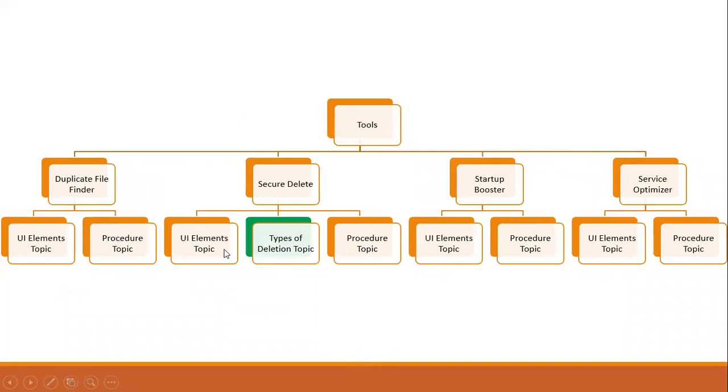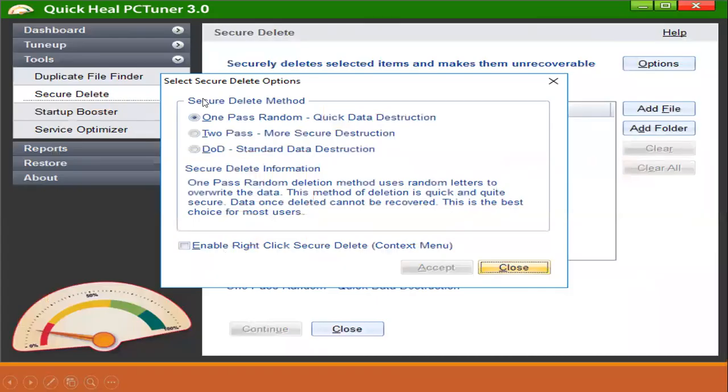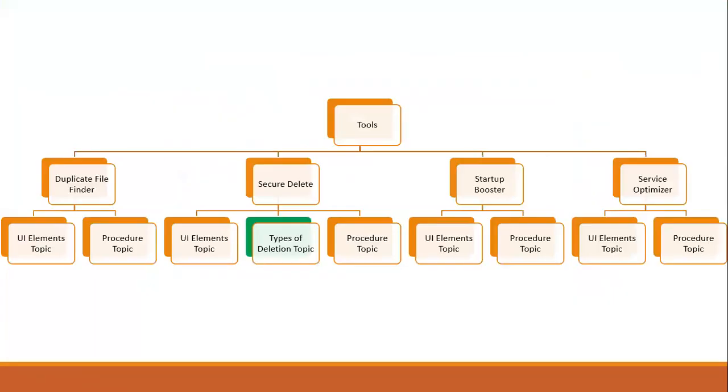If you look at that, this particular feature had an additional sub feature within it called select secure delete options. So if you feel that this is something which needs to be documented separately, you can introduce that within the organization within secure delete. If you look at it, you have introduced a types of deletion topic. So this one will get one more topic as opposed to others which have the common topics,